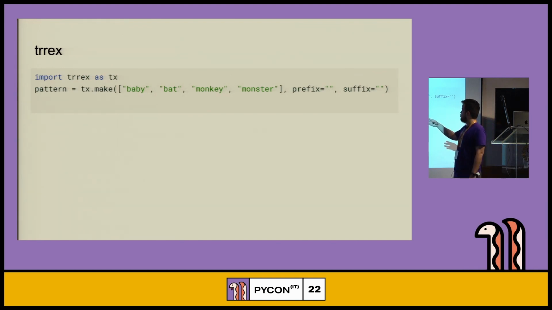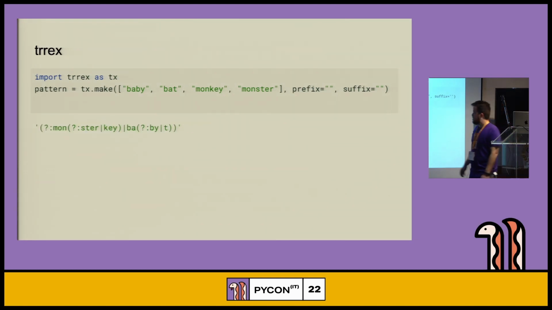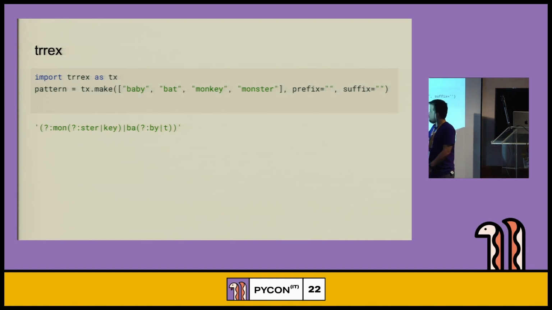You pass the list of words. You pass a prefix, something that you want to put before all the words, and a suffix, something that you want to put behind all the words, and you can produce a pattern. Here you can see that monster and monkey were put in one branch, and baby and bat were put in another branch.